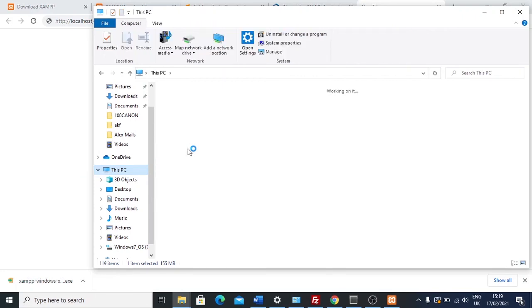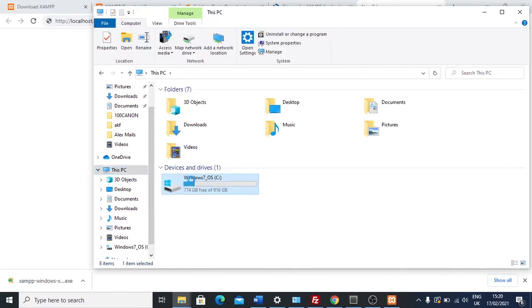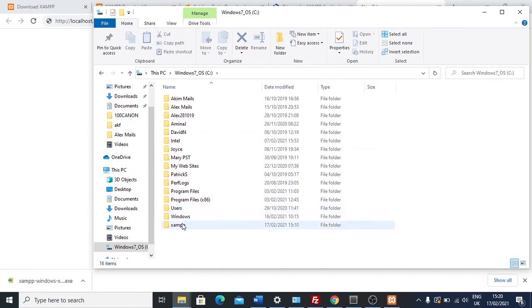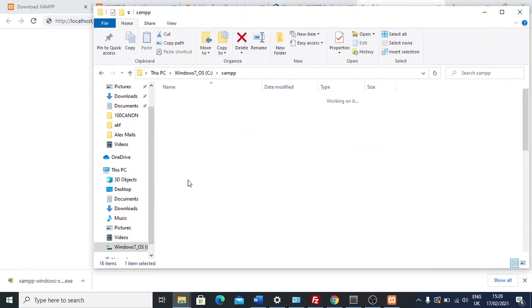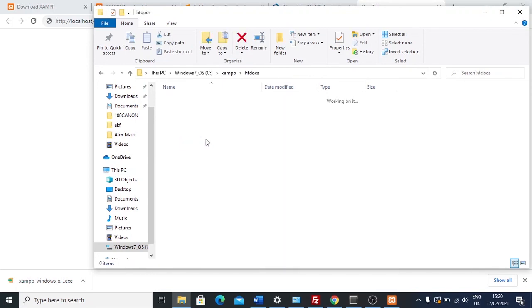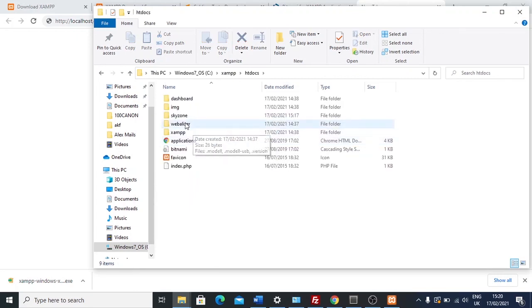Under C, Xampp, let's just confirm. Our folder's name was, just hold on a bit. My machine is somehow slow. Under Xampp, then under htdocs, our folder was called Skyzone. It's here. So we'll come here and type Skyzone,